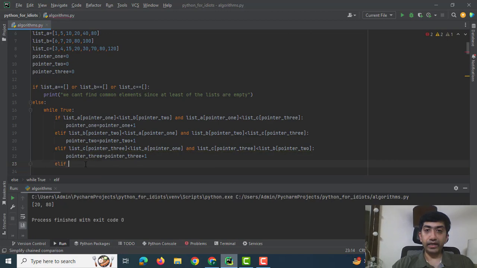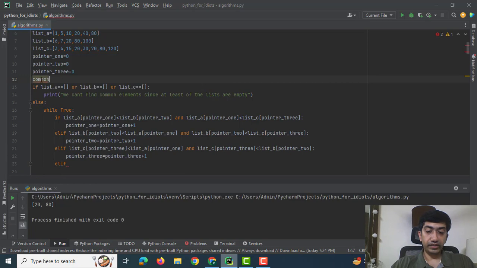Elif, if the value of all the three lists at a particular index are equal, then I would append the common value to the common list. I would make a common list, and I would increment all the 3 pointers by 1 point.